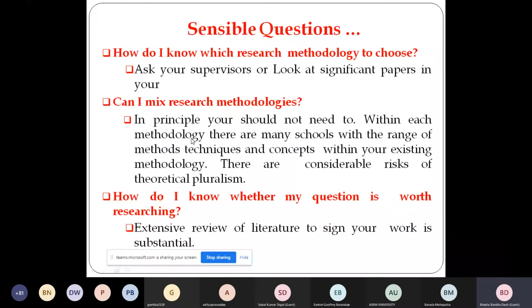But the question is, after analyzing this, there is a big question always in your mind. The first is, how do I know which research methodology to choose? When you plan to take up your research, you are entering into doctoral programs or pre-doctoral programs or master thesis analysis, or you are entering into any research process to write an article maybe. So ultimately, there is always a question in your mind: how will you know which methodology is really appropriate for you?